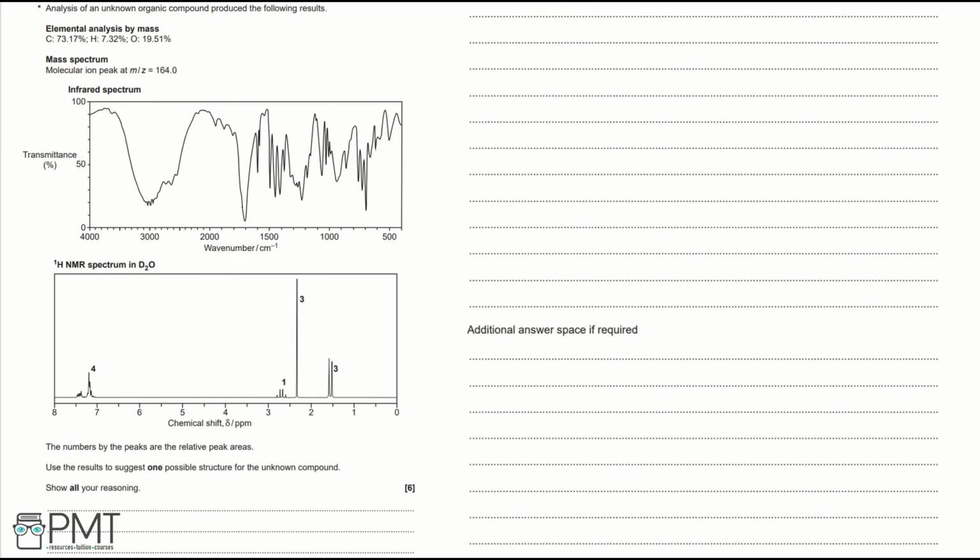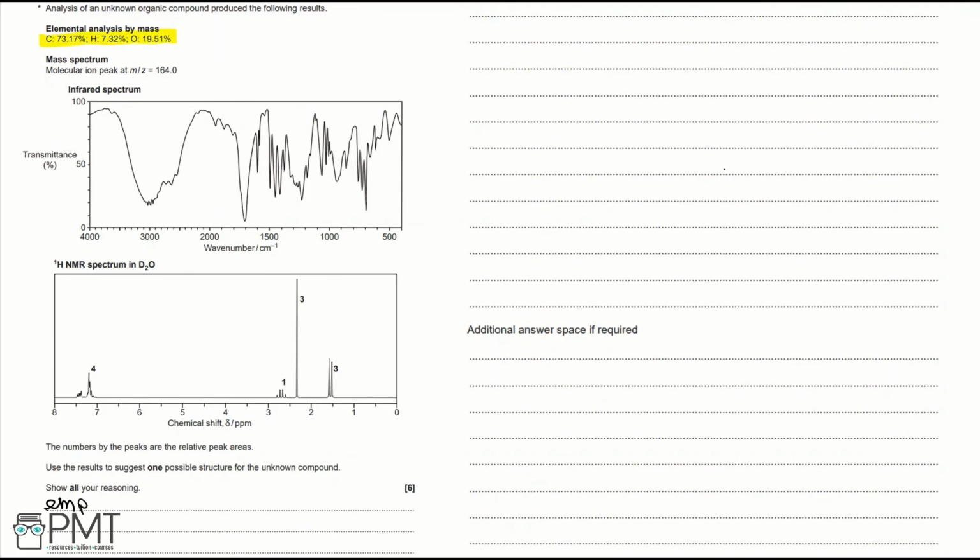Proton NMR in D2O is also shown. The numbers by the peaks are the relative peak areas. Use the results to suggest one possible structure for the unknown compound. Show all your reasoning. The first thing we're going to do is use the elemental analysis by mass to work